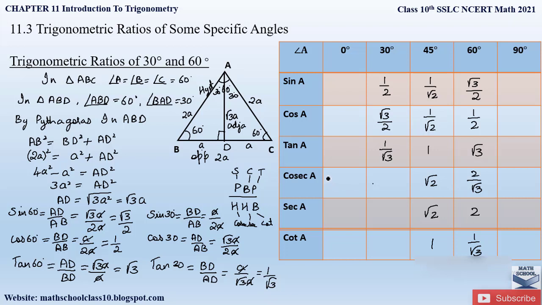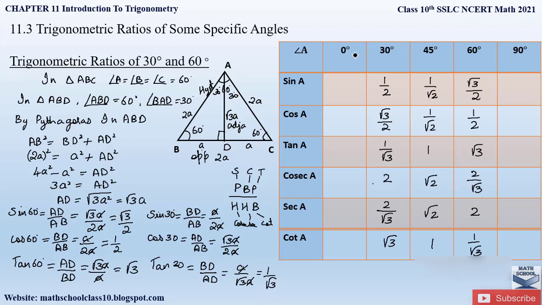Now we can take the reciprocal of sine, cos and tan and write for cosecant 30, secant 30 and cot 30. Sine 30 is given by half and its reciprocal will be 2, which is nothing but equal to cosecant 30. Similarly, cos 30 is given by root 3 by 2 and its reciprocal will be 2 by root 3, which is equal to secant 30. Now tan 30 is given by 1 by root 3 and its reciprocal is root 3, which is equal to cot 30. You can verify the cosecant 30, secant 30 and cot 30 by calculating the values as I have done here. So this is how we find out the trigonometric ratios for 30-degree angle and 60-degree angle.